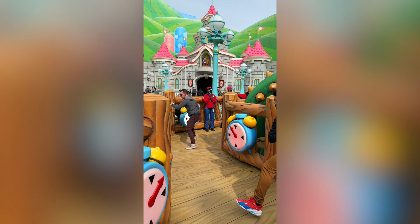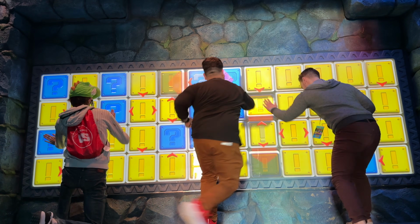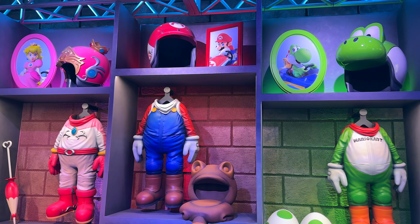I was also surprised by how much there is to do in the park, how many secrets there are, and all the Easter eggs that are hidden about. You never know what you're gonna bump into here. So since I did the majority of what there is to do while I was out there in the park,